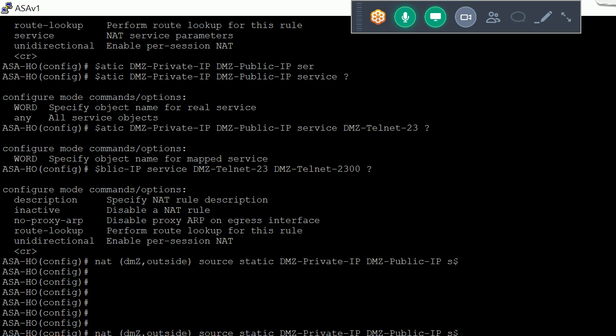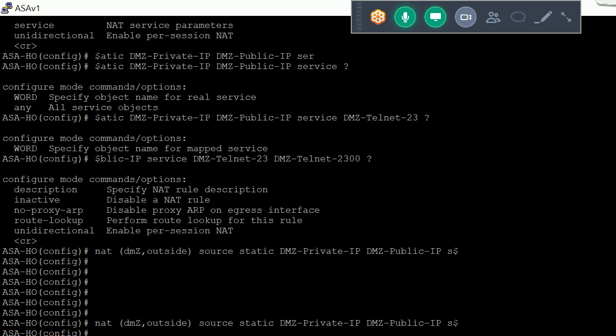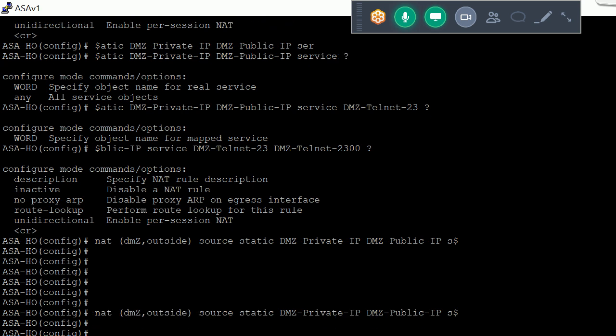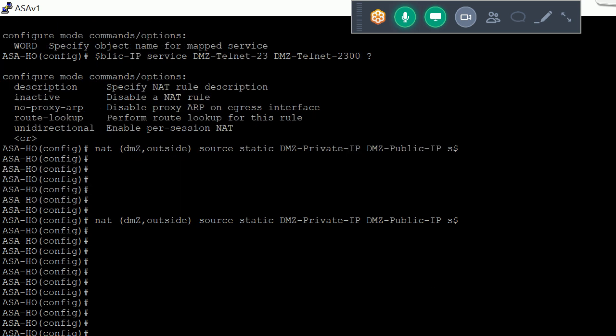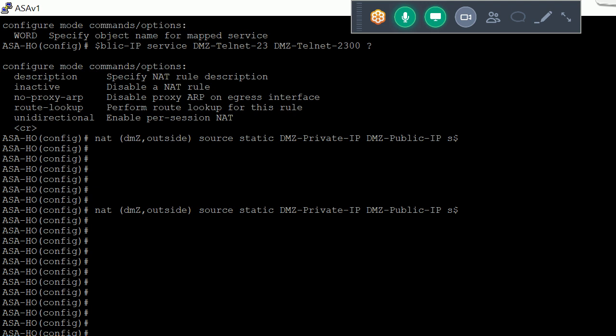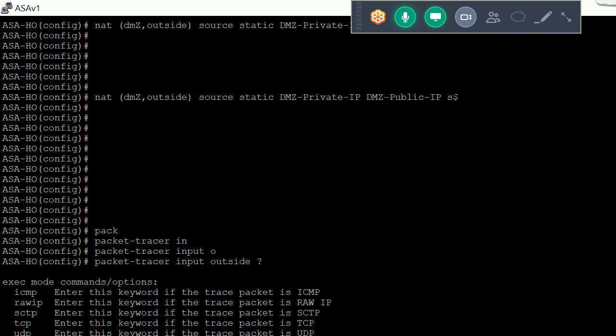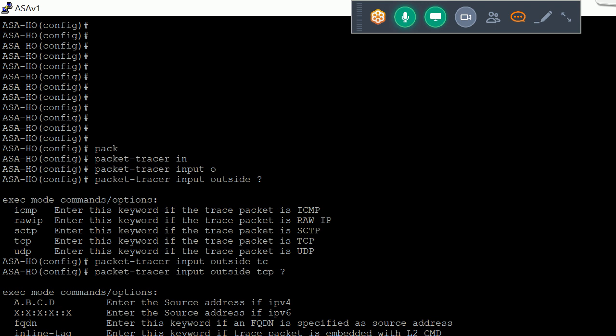Now if I run this command, packet tracer input from outside, after that I'll define the protocol, which is TCP. I'll enter the source 192.168.4.100, source port any, 1234.